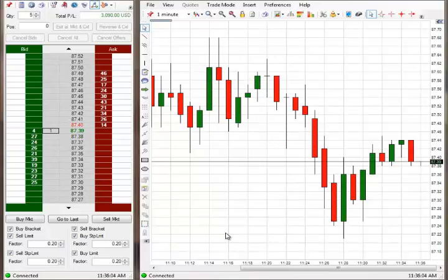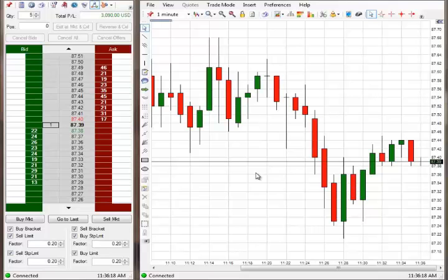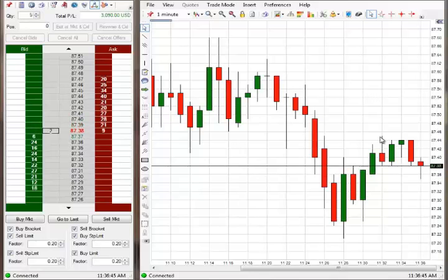Oh, like for instance, right here, let me give you another technique. You could easily just play it short right here, right? And then if it does go and break above, you just get back out. So it's a short loss off of an entry, which would give you an extra 20 ticks almost. So you could basically go for 40 from there, instead of only 20, like I'm gonna do. See what I'm saying? It's just a way for you to risk a small amount for a larger